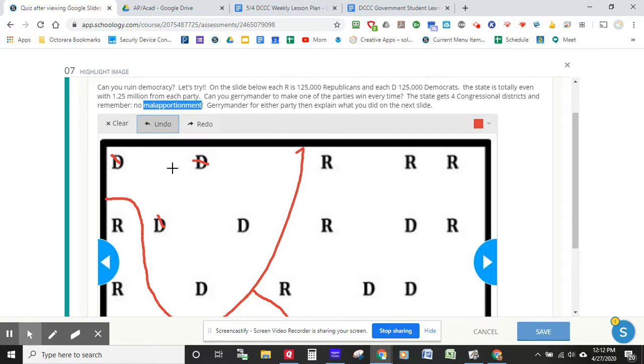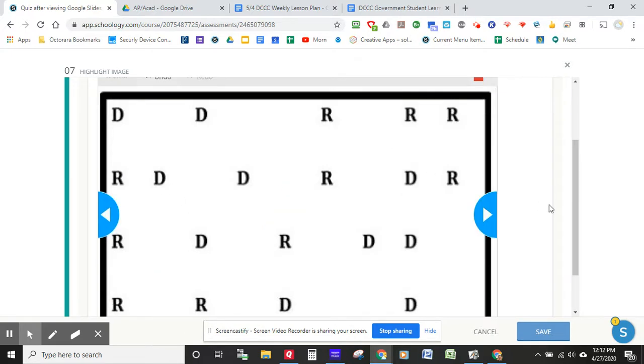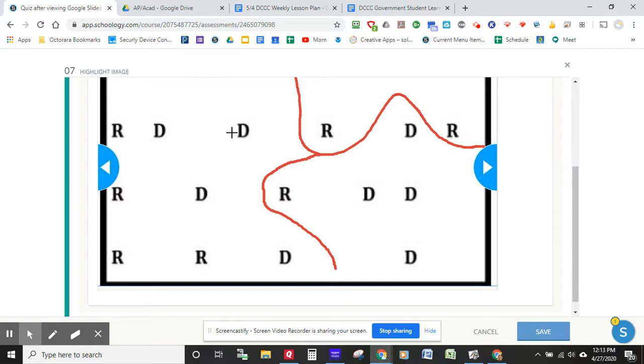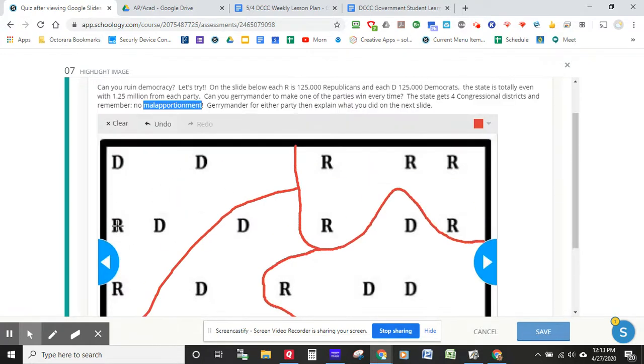If you would prefer to gerrymander for the Democratic Party, then we would do a similar thing. Let's take these 5 Republicans right here and cram them all together in one district. And now we know what this means because we got you all crammed together. Then I'm going to come along here and rope this Republican in with those 4 Democrats. Then I'm going to rope those 2 Republicans down there with these 3 Democrats, and then these 3 Democrats can